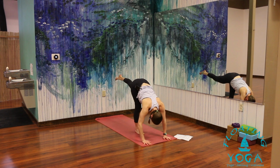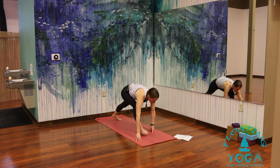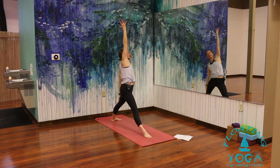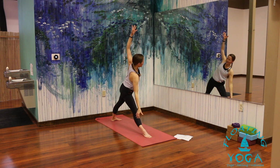One more big inhale. Exhale, step back, open up to Warrior 2. Adjust your feet as you need. Reverse triangle, breathe in, stretch up and back. Into your triangle, Trikonasana, reach forward, down,